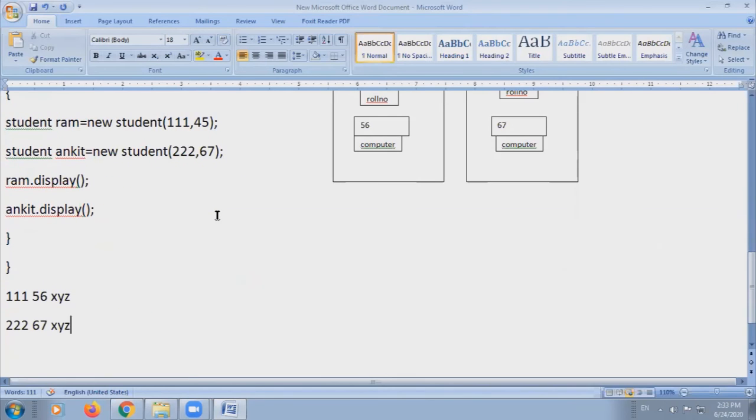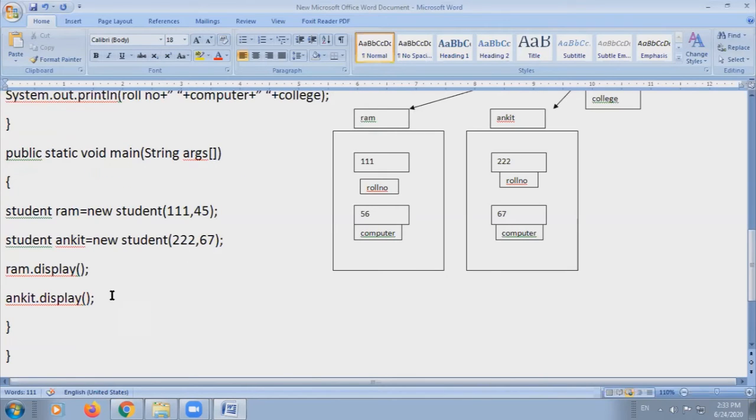And suppose you want to display the value of the variable that is defined as static.